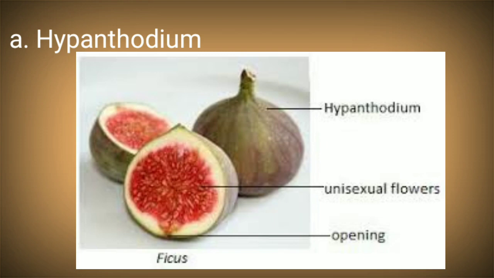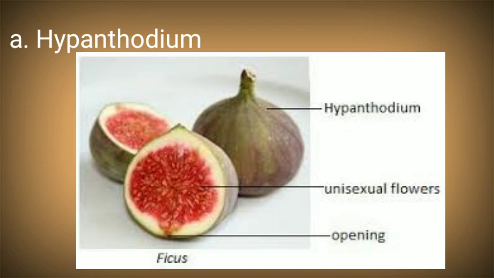Neutral flowers in the sense that they do not have the definite androecium or gynoecium, the male or the female reproductive part. In that case, they are called neutral flowers, and there we would find the eggs or pupa of different types of insects. And such type of inflorescence, that is the Hypanthodium, is found in Ficus carica and Ficus religiosa, that is the peepal tree.